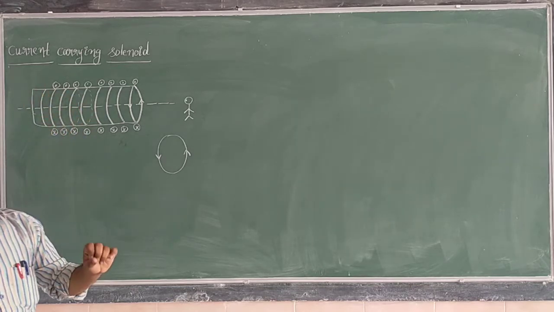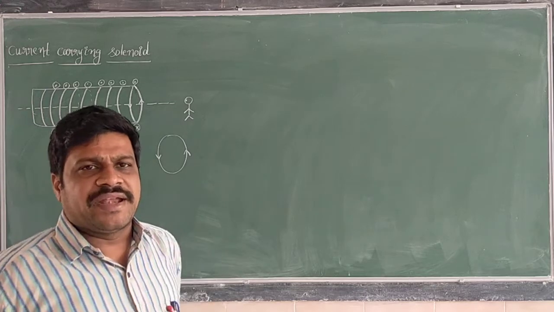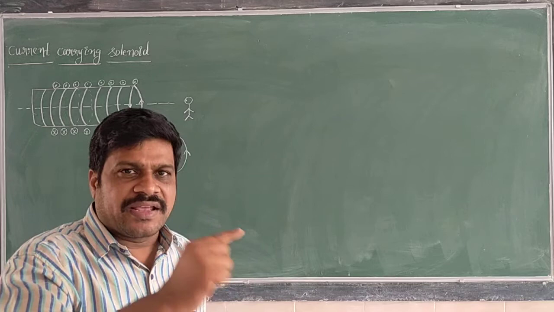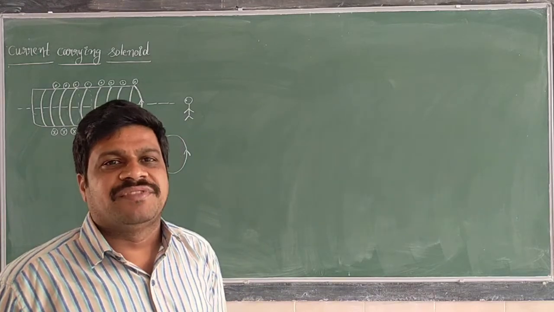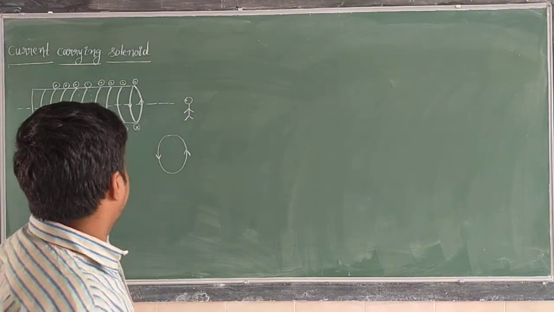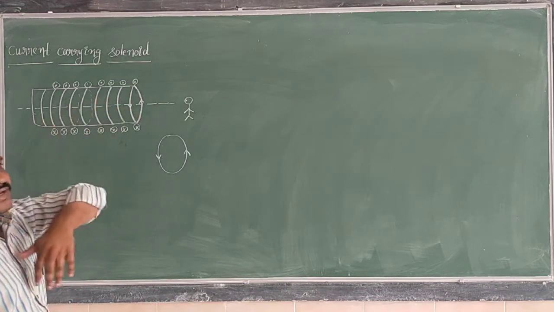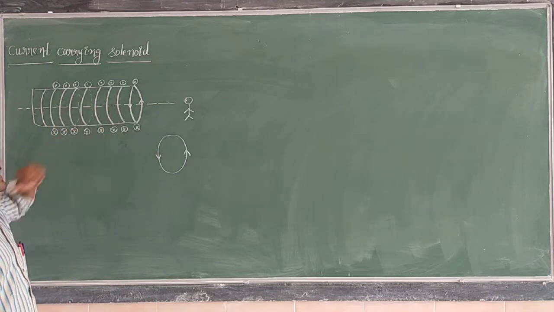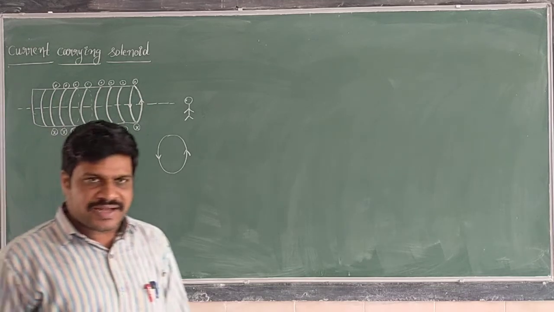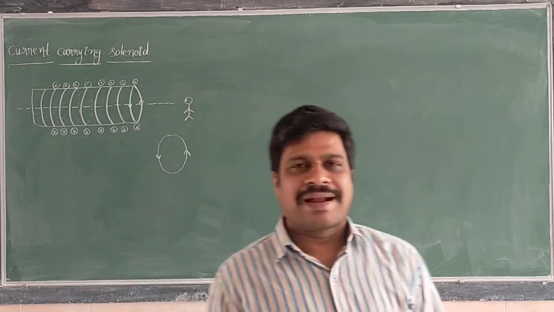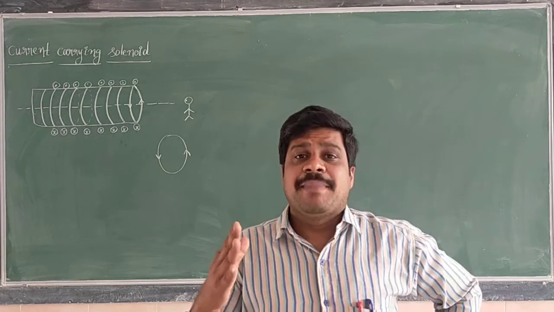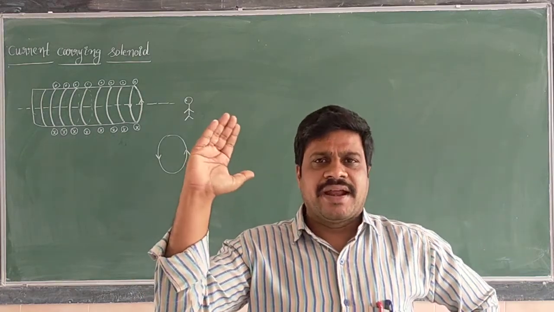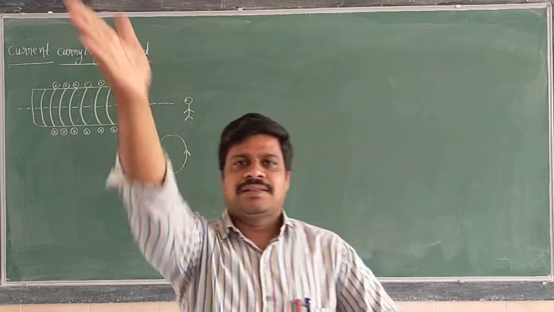On this solenoid, some number of turns of winding are there. Every complete winding acts as one loop. Now like this, some number of loops are there. Due to all these loops, what is the magnetic field and its direction? We have to tell this with the right hand thumb rule.